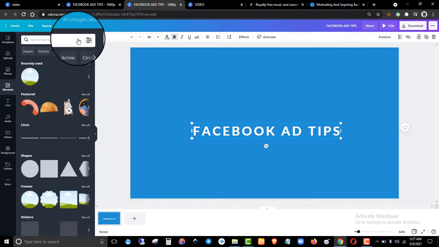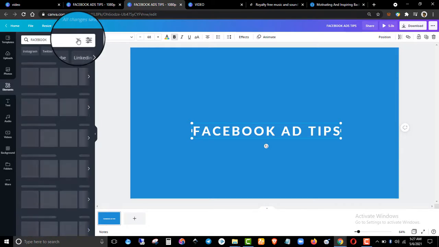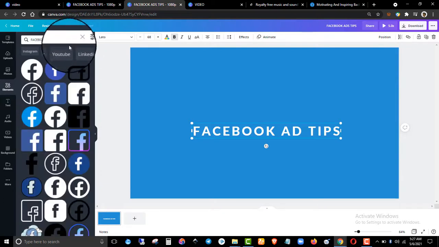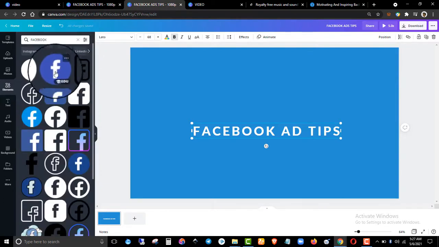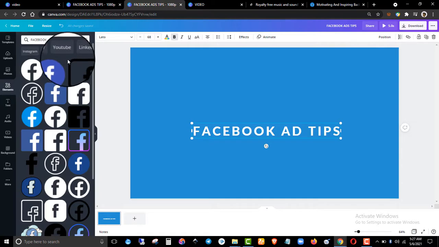Okay, so let's go back to Facebook ad tip, because I know I might not really get something for tip. What do I do? I search for Facebook, because if you see Facebook, you already know what I'm talking about, right? Now, we don't really want a static image. What you want now is